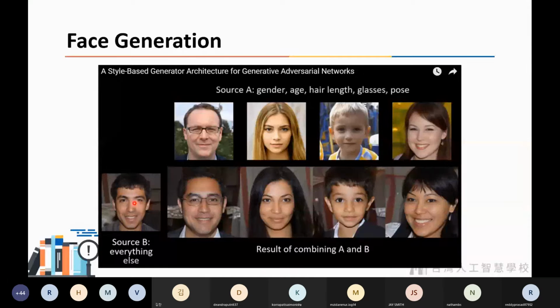Combining these two pictures, we can generate a face with source B and style A. As you see in the result, this one has glasses, this one has a woman's face with long hair, and this one has a child's face. And this is more marvelous, because this woman has small eyes, so the result also has small eyes. So this is GAN at work,